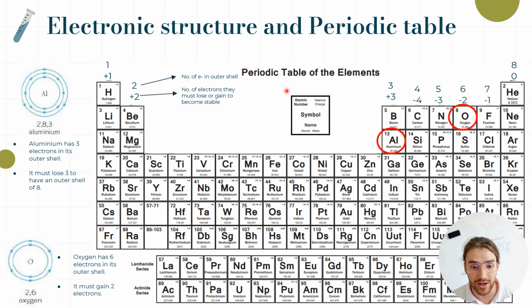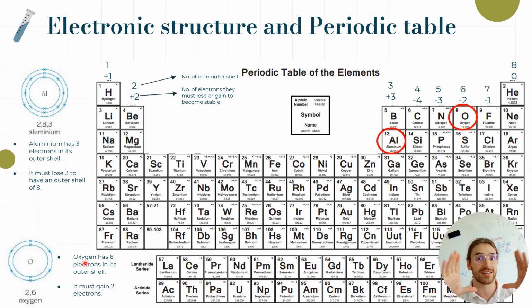So our periods, going horizontally, represent the number of shells. Aluminium is in period 3 because it has 3 shells. If we go to period 1, 2, 3, here we see aluminium. Oxygen has 2 shells because it's in period 1, 2, so 2 shells means it's in period 2. Nice and easy. Now our groups are going to tell us how many valence electrons